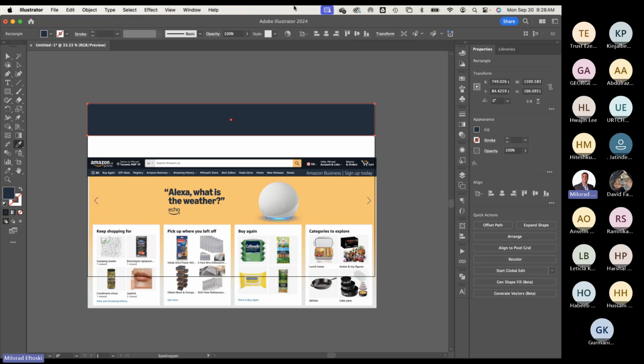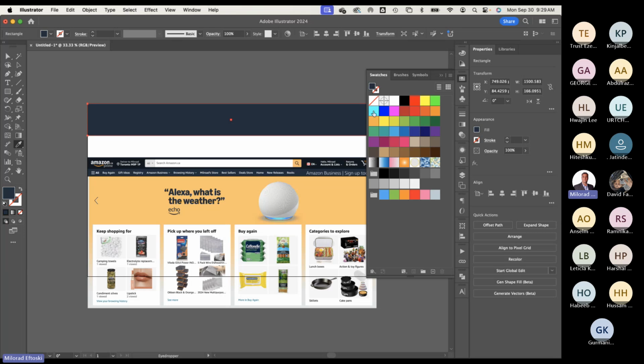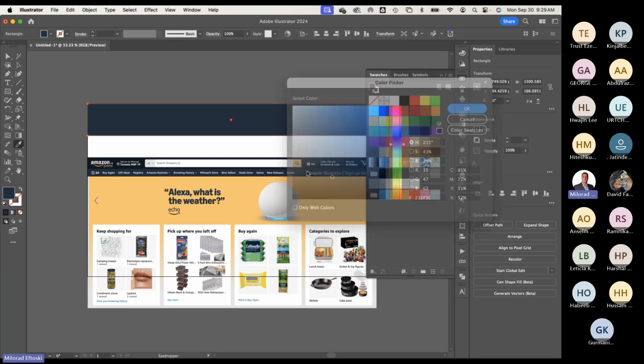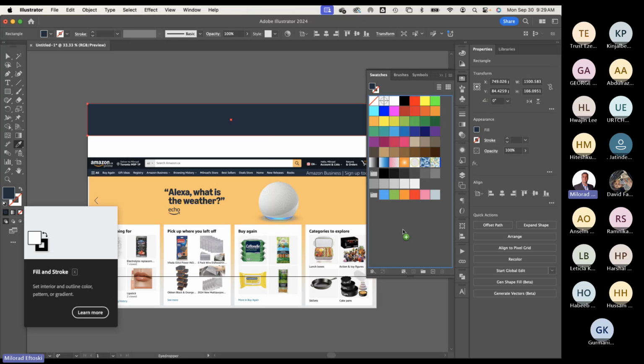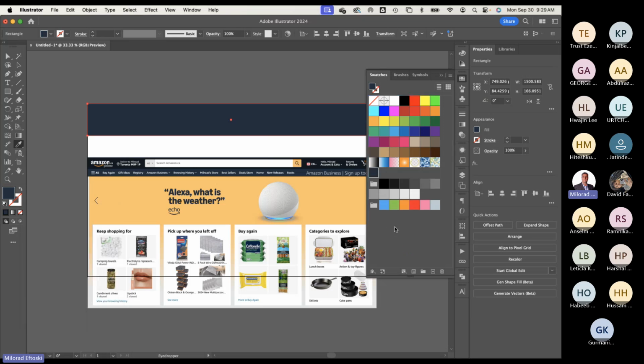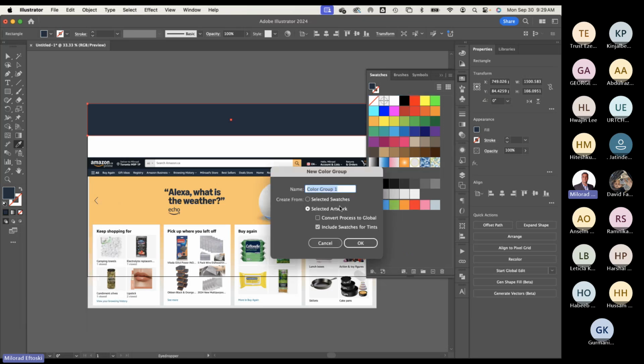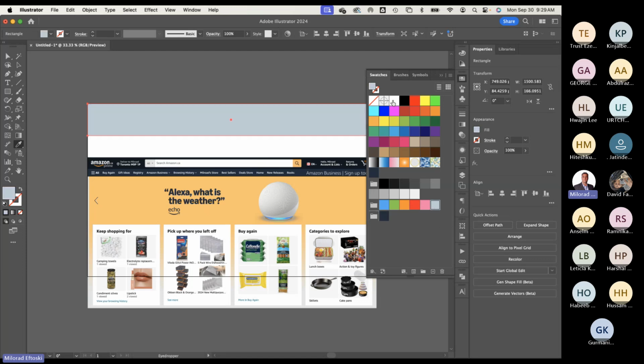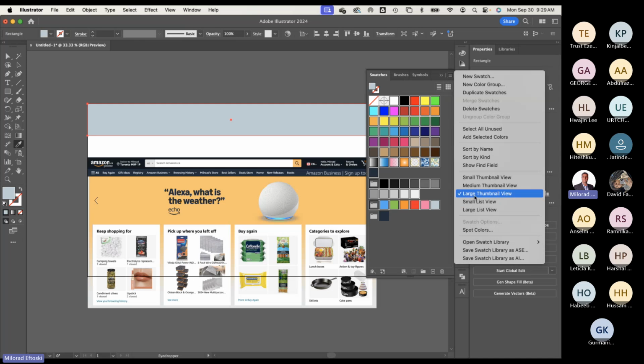Okay. And I already showed you how to save your colors in your swatches here. If I do want to save this color as a hex color or as an RGB, you simply drag it all the way over here and you make it a color set. And you can make a group here and call it maybe Amazon conversion. And this will be my group here. And then you can obviously isolate the other colors. If you want to be very, very specific, you can say,